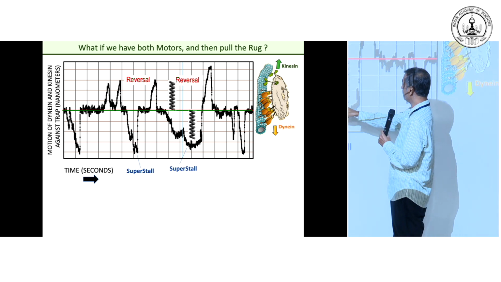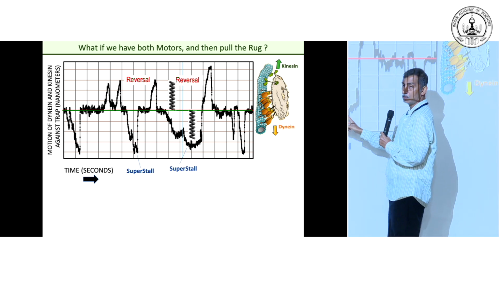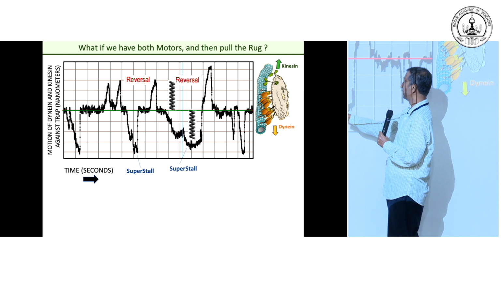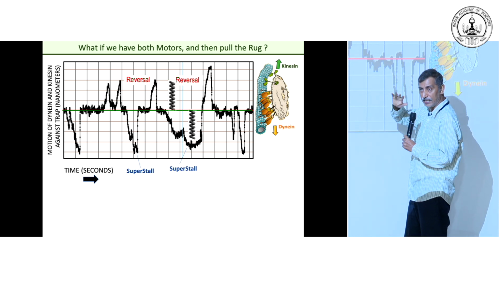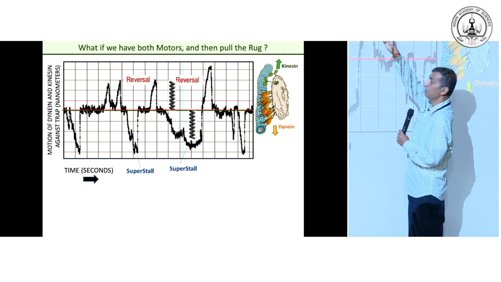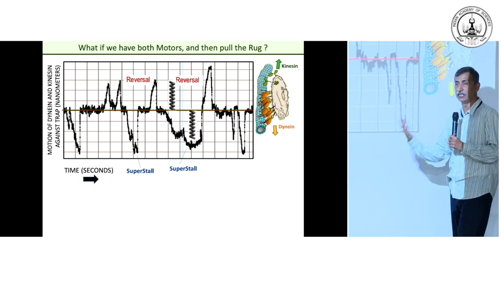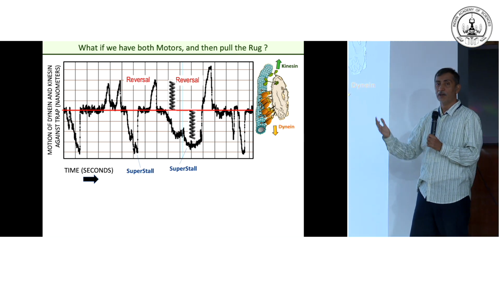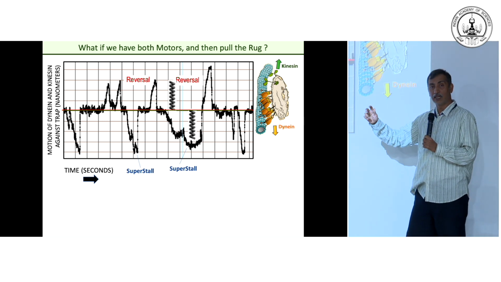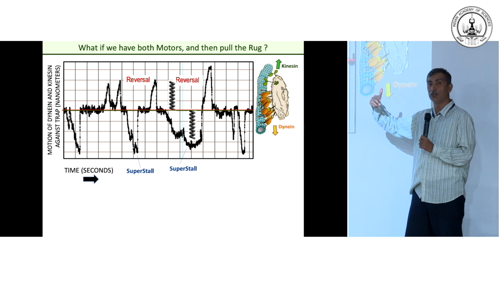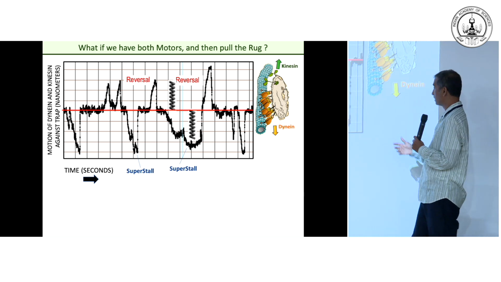Now you pull the rug from under dynein, let's say here, and if what I was saying is true, then the next event has a higher probability of being kinesin, right? Because dynein was inactivated by pulling in this manner, and then the next event, kinesin should get a chance, and that's actually